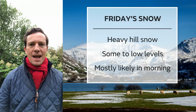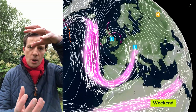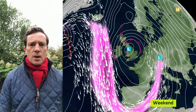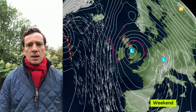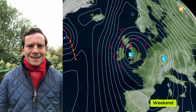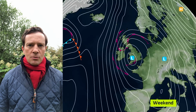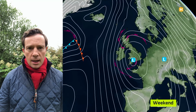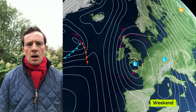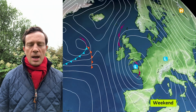We saw it earlier. It's being held in place almost by the jet stream. We've got low pressure at the surface, but also low pressure aloft. And when that happens, there's nothing really to shift the weather patterns. So that low sticks around, bringing gusty winds still on Saturday and showers. But things do get a little bit milder through the weekend, so snow becomes less of a risk. There'll still be some on hills in particular, but snow at low levels, the chances of that this weekend are reducing. Mostly it's just going to be rain or hail that we see, but there will be some heavy showers